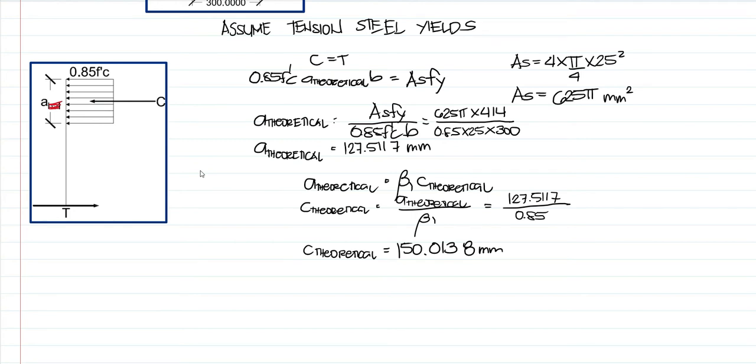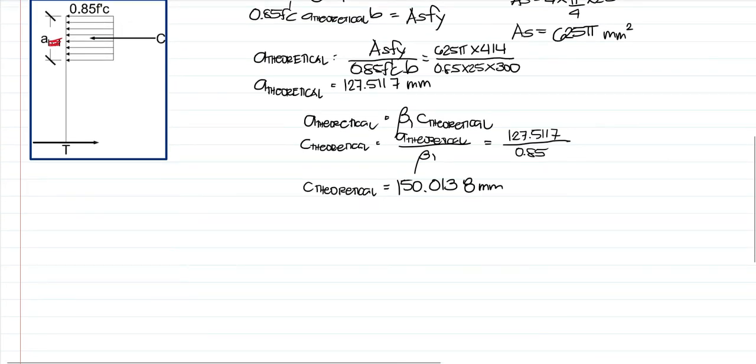So syempre, to validate all of our assumptions, we could check it by getting our Fs actual. So titignan natin kung yung Fs actual natin is lalagpas dun sa given natin na Fy. So yun yung magpapatunay na nag-yield talaga yung steel natin. So para makuha natin yung Fs actual, syempre pwede yan manggaling dun sa ating